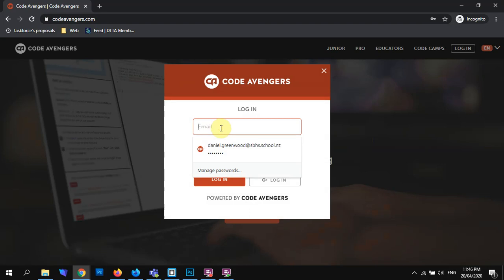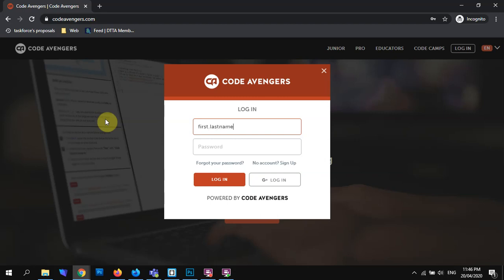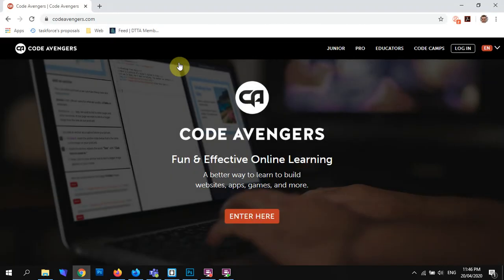it'll be your first dot last name. So we can say first dot last name at SVHS student dot school dot NZ, and your password is going to be whatever your password is from the school system, and you're going to hit login. So once you log in,